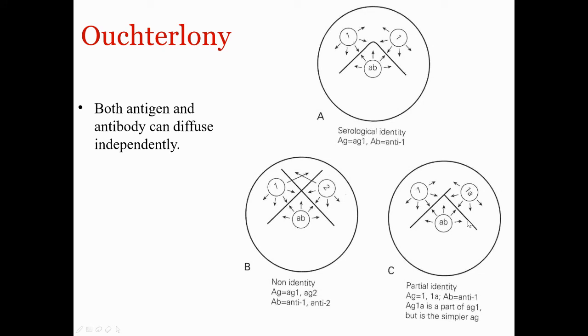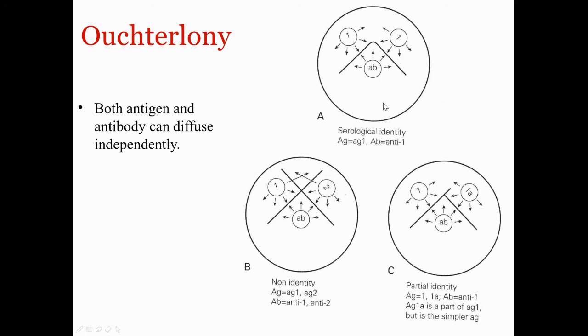And then here look into this, it's somewhat different over there. Here this antibody is reacting with only one antigen, so that's why you'll be getting a partial identity. For partial identity, you can get a curve like this. One will be like this, and then it will show like this. This one can form the precipitation reaction with that antigen and antibody. Antigen antibody precipitation takes place here, but in case of this one, it doesn't take place. So this shows partial identity between these samples.